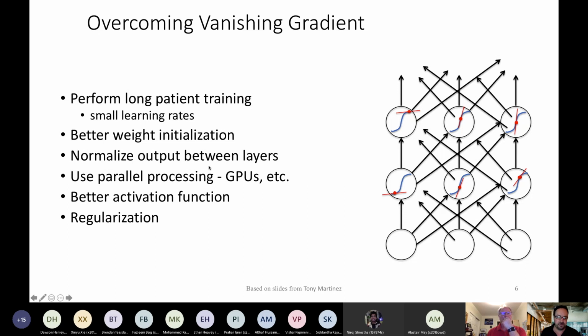So there are better weight initialization algorithms. Thankfully, Keras and TensorFlow and many learning libraries now take care of all these little details. But obviously, we need to be aware of what's going on and what controls and parameters we can manipulate when things are going wrong.